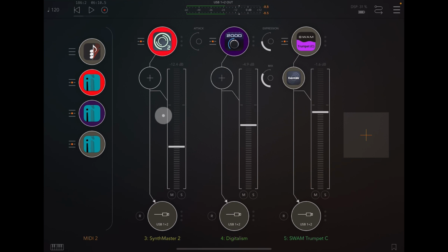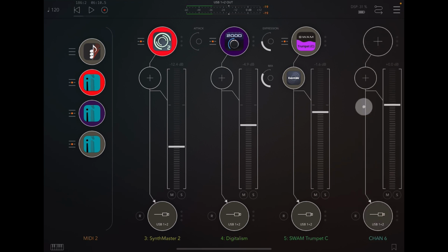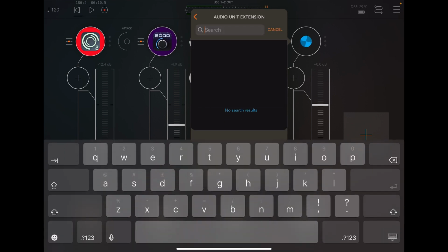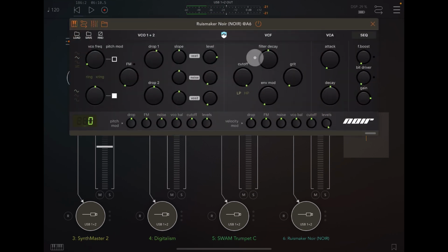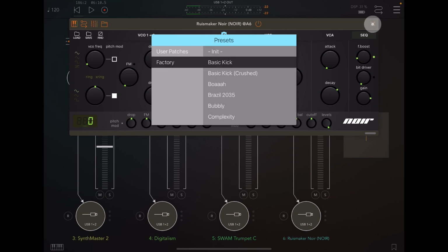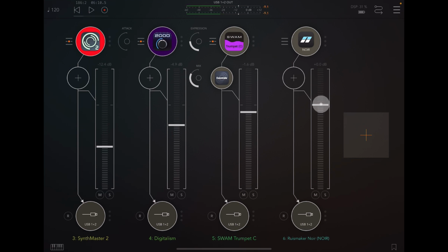Now, you can anchor all this stuff as well. Before we go, let's just do this. And I did this in the very first video. I'm going to just add in a Rhythm Maker Noir. And all I want Noir to do is play a kick, a four on the floor kick. This is very basic, okay? When I press play, this will come in. At the moment we play it, it sounds a little bit chaotic. I like that. But if you want to anchor this and hear the actual beat,